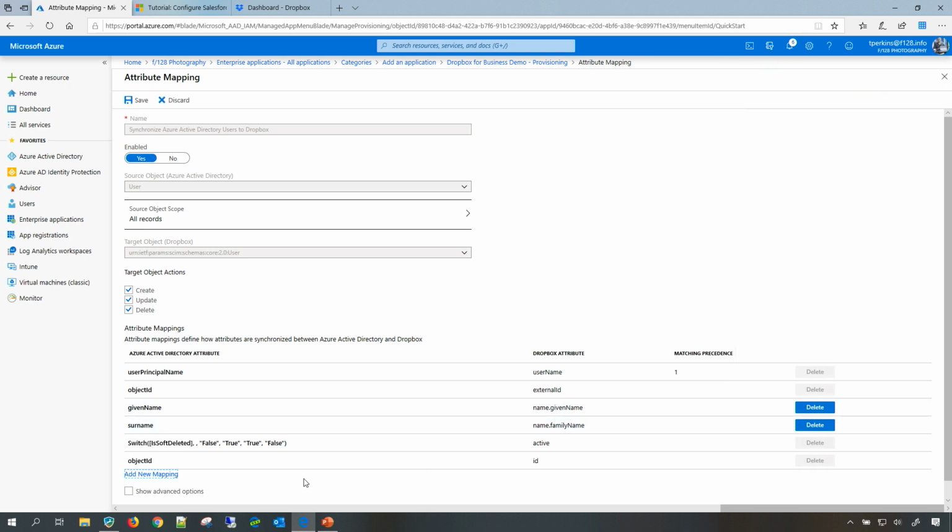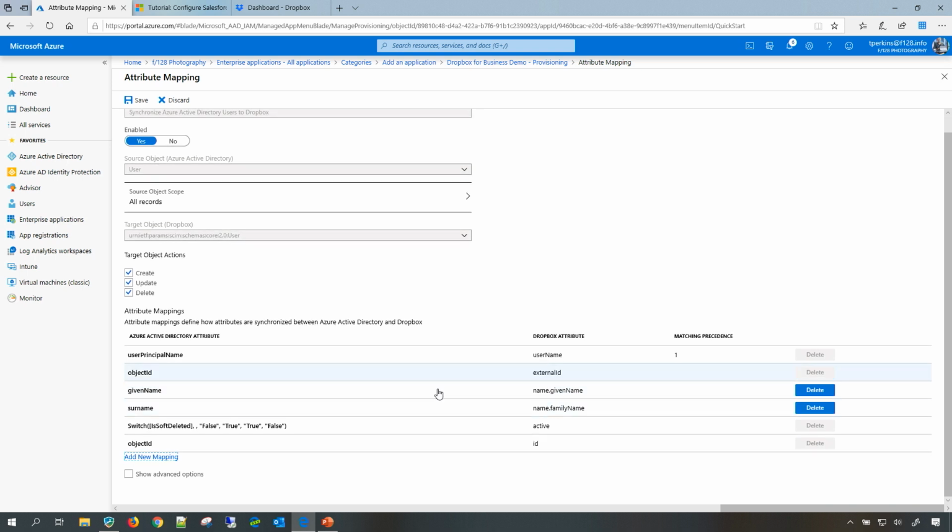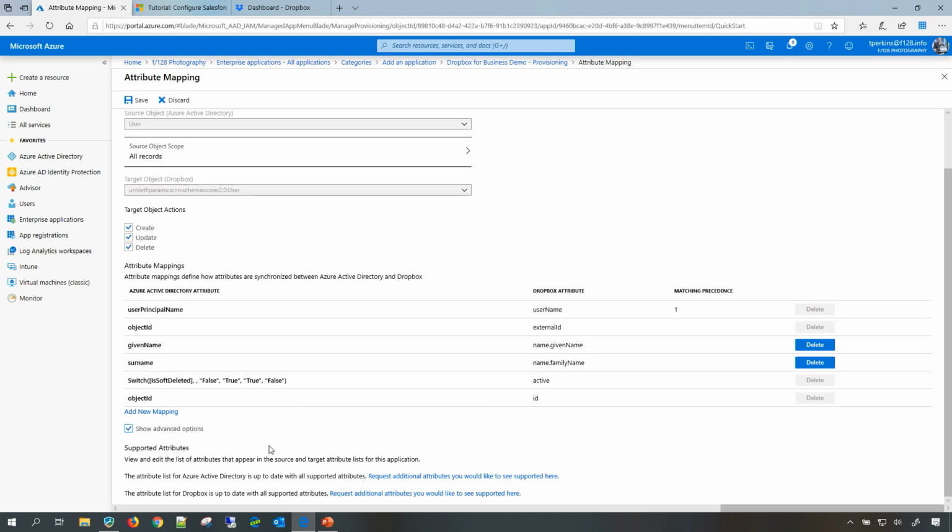Once you have done this particular mapping, it will get added into these rows. You can see that I can delete these two particular attributes because those are optional in that particular target system. When you click on the Show Advanced button, you will see that you can request Azure Active Directory to add all supported attributes. If you feel that the attribute which you require in the target system is not available today, then please let us know and we can add those particular attributes into this connector as you need it.